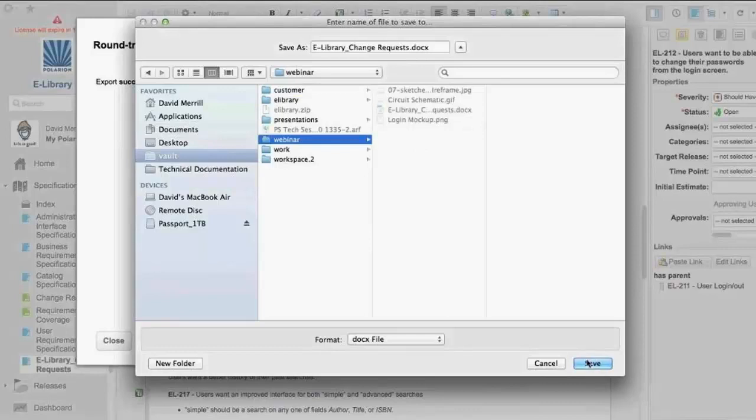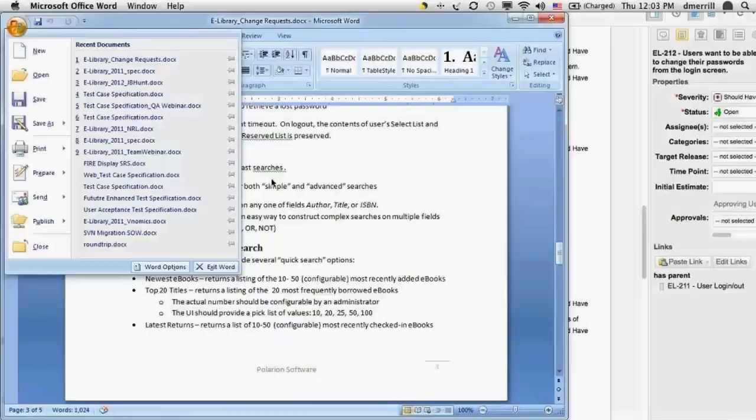And in doing that, you'll notice right away that it has the same look and feel as the original document. The header is the same, the title and description all look the same, but as I move down through the document, it contains all of the changes that we've made already to each of the artifacts. And so you can see the artifact ID, the change request artifact ID, the severity fields,